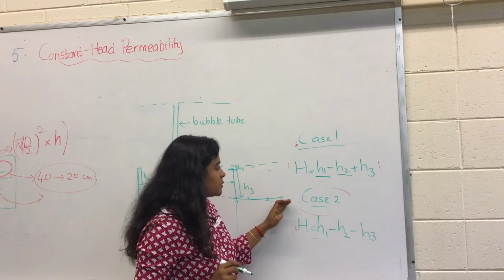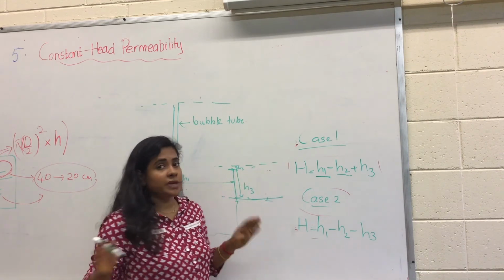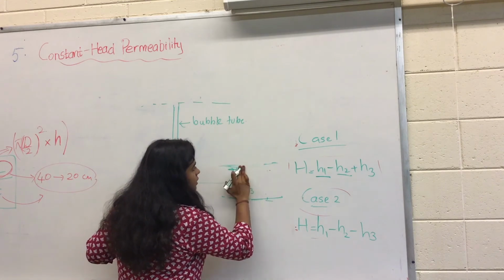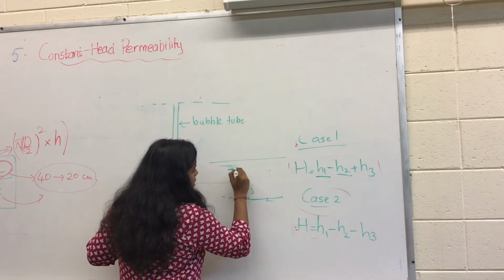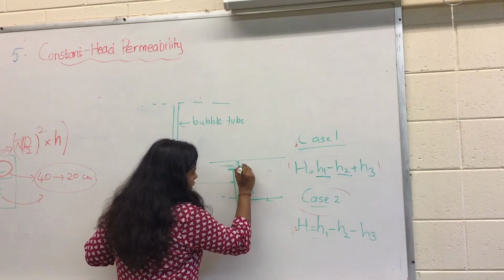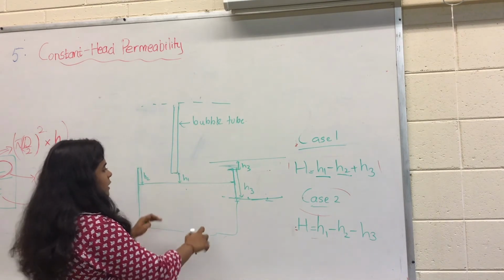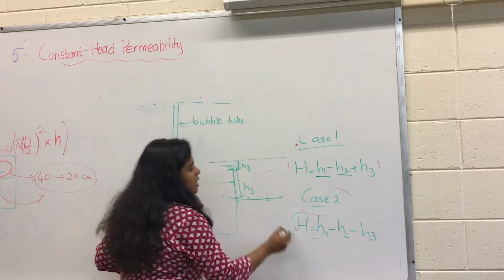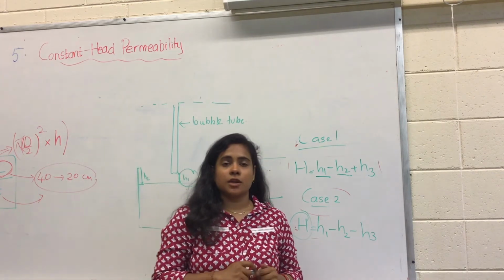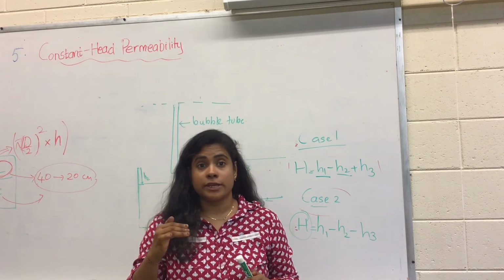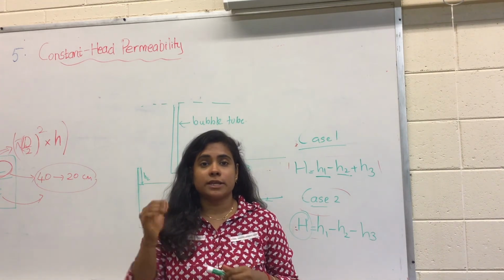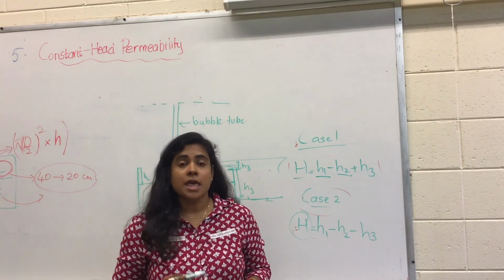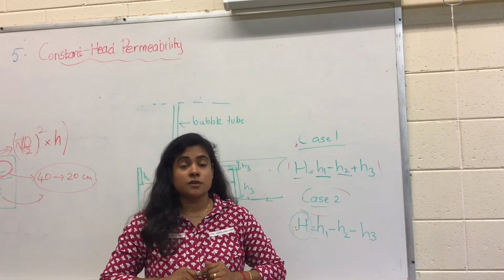And case 2 is when you have water above. So that's what we had in today's experiment. If you have the water above your rubber coupling, you can measure this h3. So what we can do is subtract h2 and h3 from this h1. Then you can find the hydraulic conductivity. So in Darcy's law, we have all the measurements we took. So we can put all the measurements into that equation, the hydraulic gradient and the flow rate that we measured. Then finally we can get the hydraulic conductivity of the soil that we used.